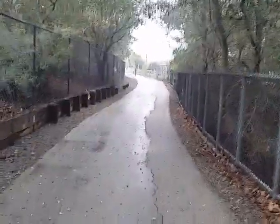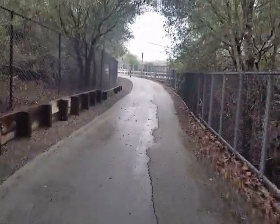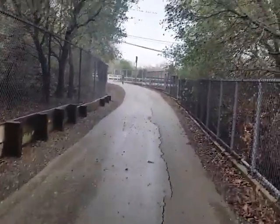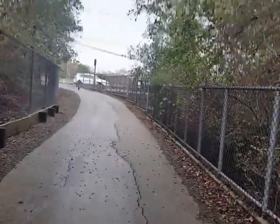I hope you've enjoyed seeing this, and if you're new to Napa or visiting, do take the time to come down here and take a walk. Bring your dog, bring your bike, and hopefully the river won't look quite